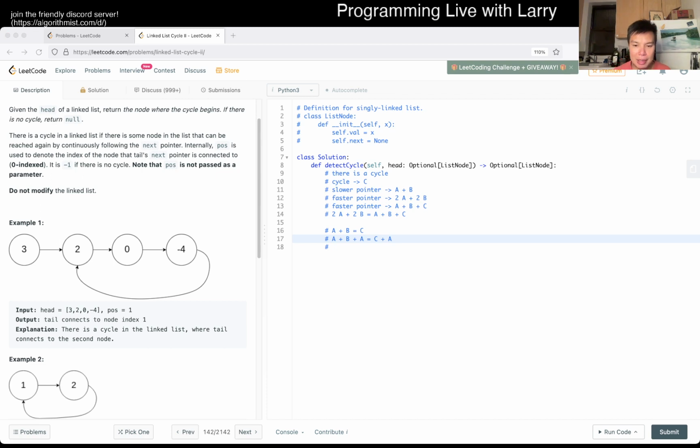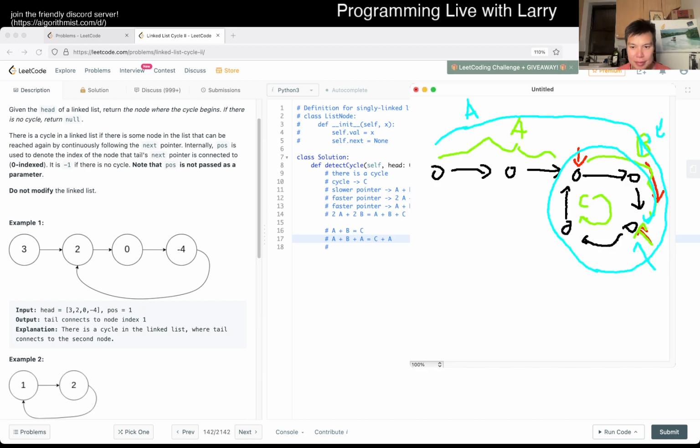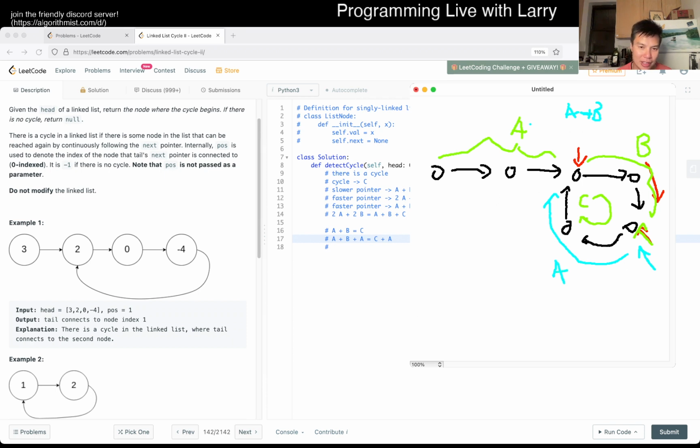Because okay, let me bring back the paintbrush thingy again. So basically, let's say we have here, right? And this actually may not be true because I might have missed some notes, but actually no, this is right. But let's say they meet here, right? That means that because this is A plus B here, and we know that another additional A completes the cycle because that's also the definition of A plus B.